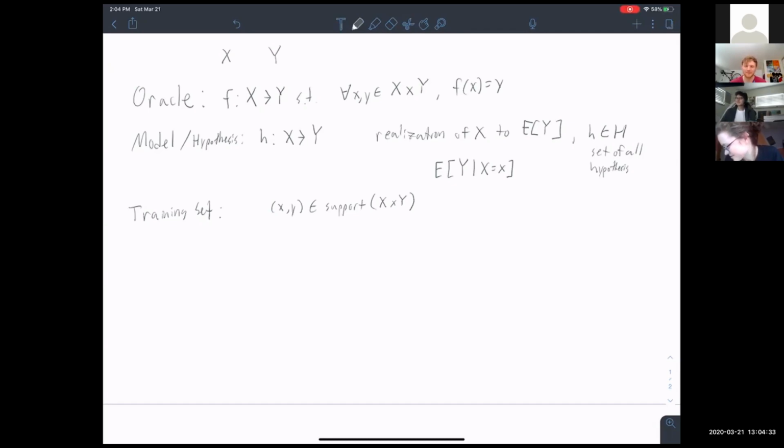In fact, that's one of the reasons why deep learning data sets are so huge: you want to be able to assume that this is a representative set